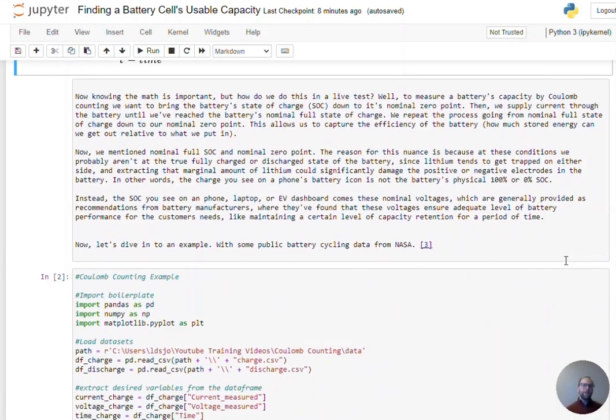So now that you know that, it's nice to know that the math is useful and there, but how do we do this in a live test? Well, to measure the battery's capacity by Coulomb counting, we want to bring the battery's state of charge down to its nominal zero state. And then we apply the current until we've reached the battery's nominal full state of charge. We repeat this process going from nominal full to nominal zero, and then reverting from zero to full. And this process allows us to capture the charge and discharge throughputs,